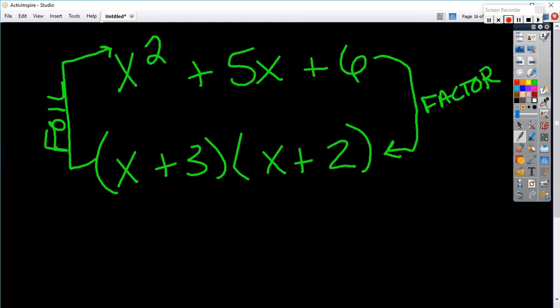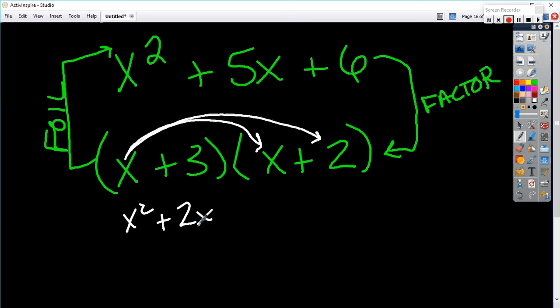Watch, Bryce, watch what happens. If I FOIL this out, x times x is x squared. X times 2 is 2x. 3 times x is, and 3 times 2 is, and if I combine my like terms here,